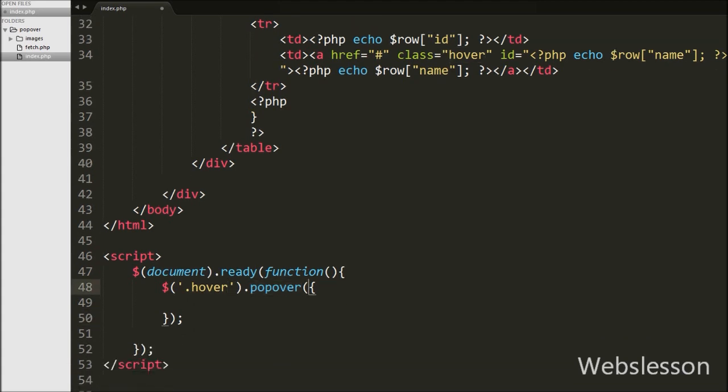In the hover class we have written the employee name. So when we click on this element, then the popover pop-up message box will appear on the web page. In this popover JavaScript method we can define some options. First we want to define which text we want to load into this Bootstrap popover, so here we write